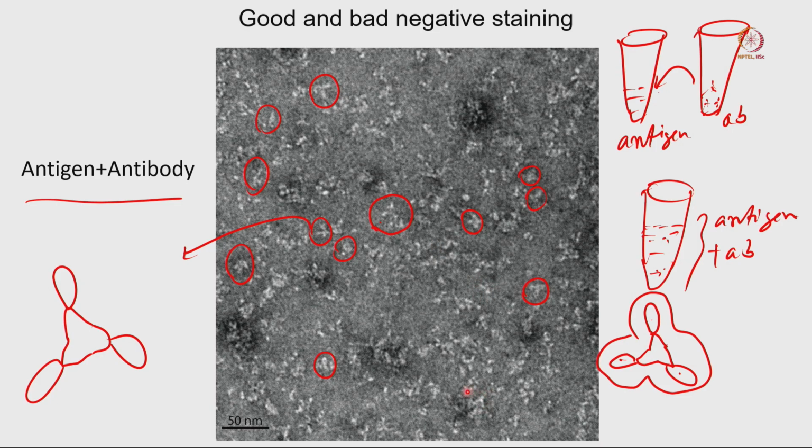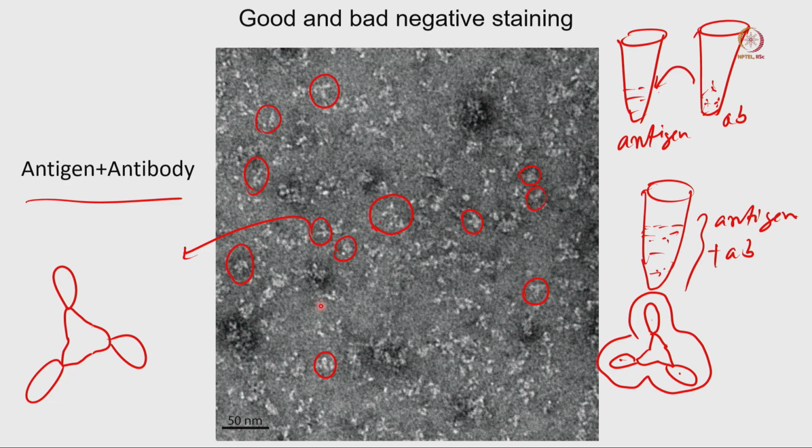Also you can distinguish this protein sample from the background. Your background is very nicely separated from your protein sample. So in one way this is a good image you can consider, because from the background you can easily isolate your protein sample or your biological macromolecules. In that respect, definitely this is a good image.